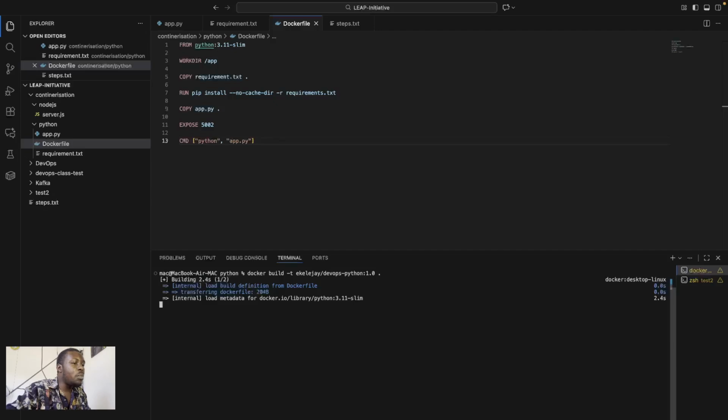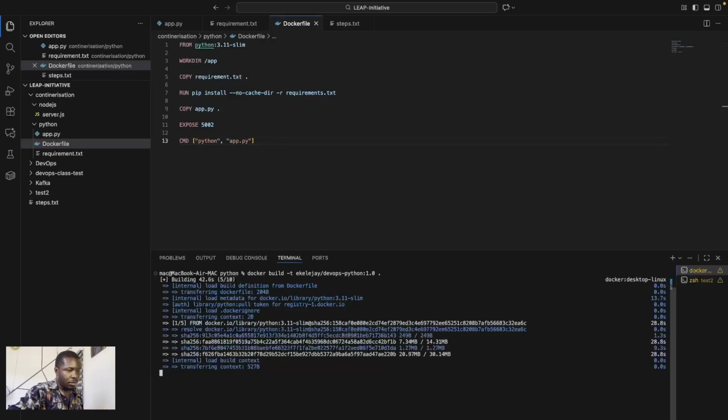So it is now building the image. Give it a little bit of time to build the image.